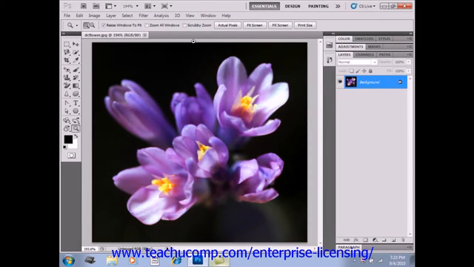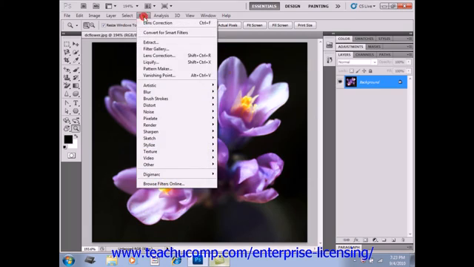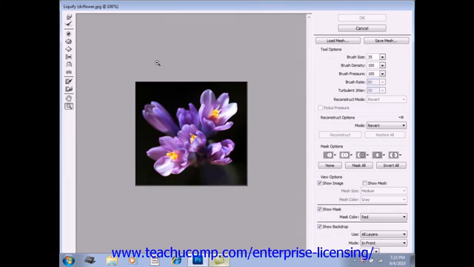You can use the Liquify command to interactively distort an image. You can liquefy a layer by selecting the layer to which you want to apply the effect, and then selecting Filter and then Liquify from the menu bar. That will launch the Liquify dialog box that we see here, where you can make distortions to the selected layer's